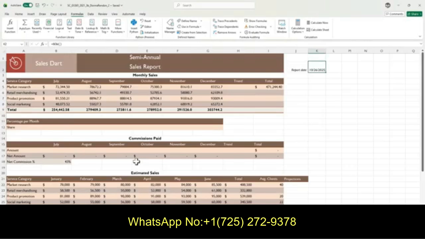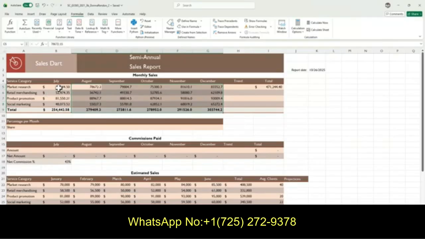So double check the range C5 to G9. It should have the consistent formatting like B5 to B9. As you can see, the dollar sign is missing in here.